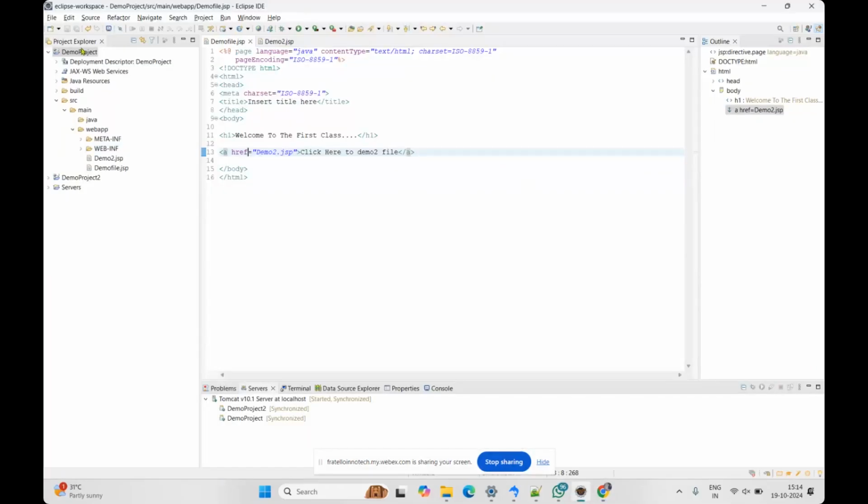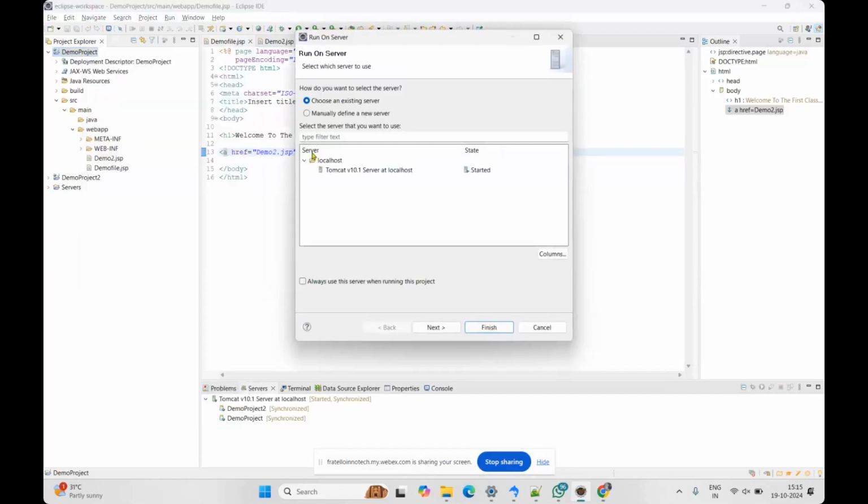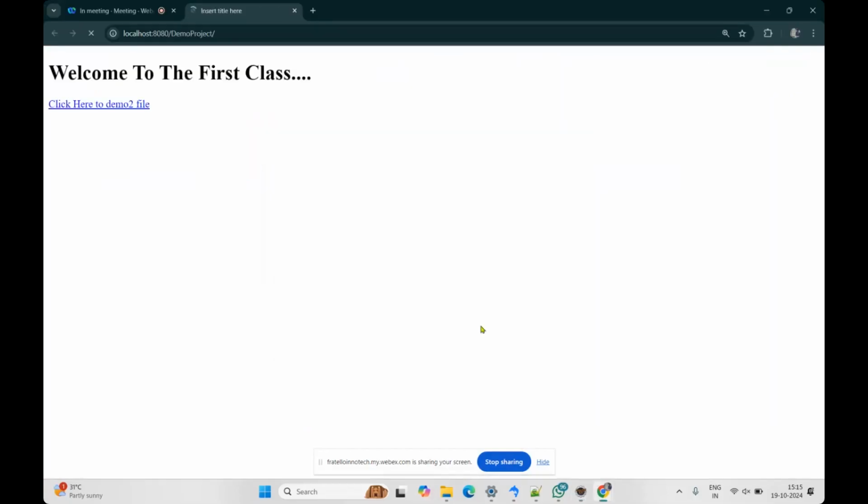I will run again. See, I am repeatedly showing this because it will give you an idea how to run this project. Right click on that demo project name, run as, run on server, select the server, click on finish. That's it. See, here in our demo file, we have previously said welcome to the first class, and here we